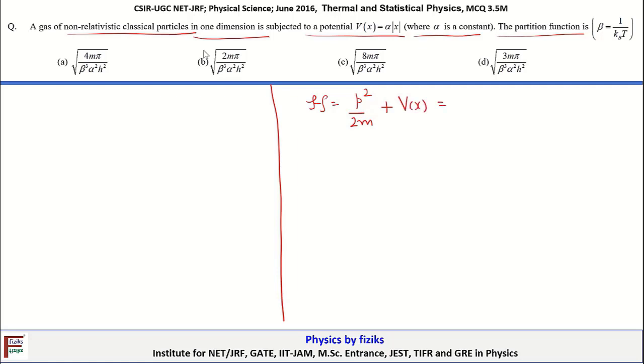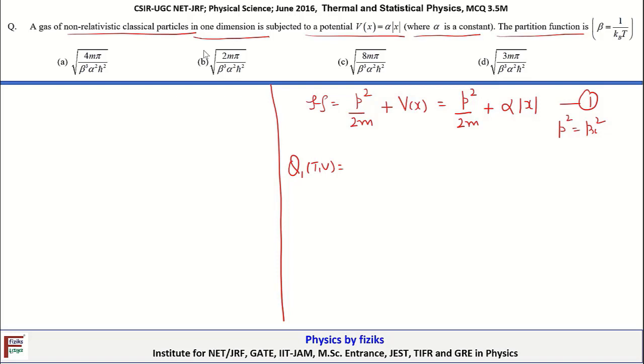Okay, or that is equal to p square by 2m plus alpha mod x. Let's call this equation 1. So now note that here p square, because it's a one dimensional motion, is simply px square. Now the partition function in one dimension is given by q1 as a function of t and v,